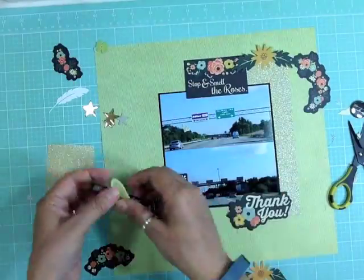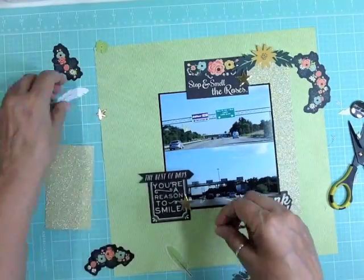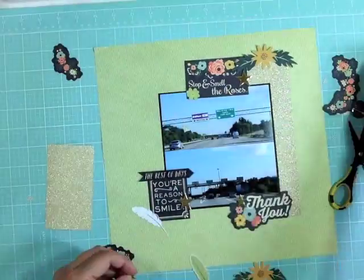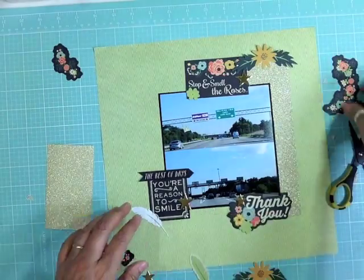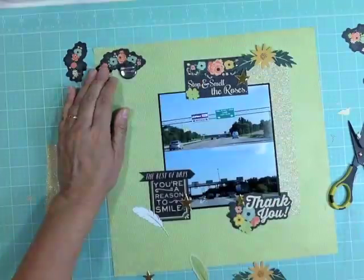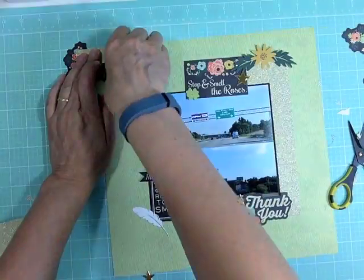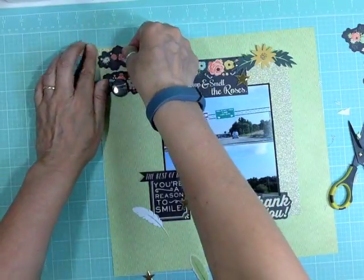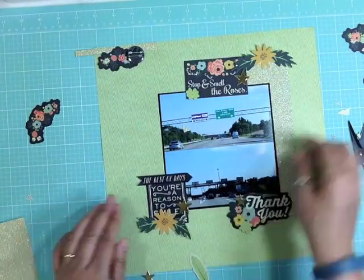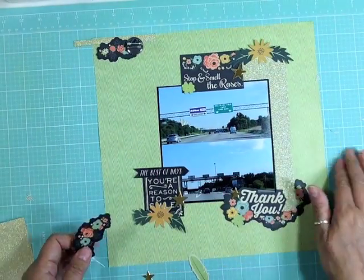So for this layout, basically, I wanted to use a whole bunch of die cuts that came in the kit. And once I started separating them to see, because this is the 18th layout and we're winding down to the end, I noticed that there were a lot of die cuts with that bold black with the bright flowers, and there was quite a collection of them. So I pulled them all out, and then I said, okay, well,